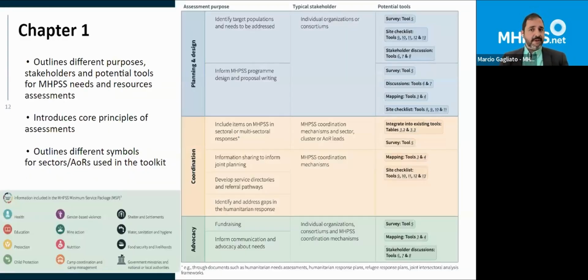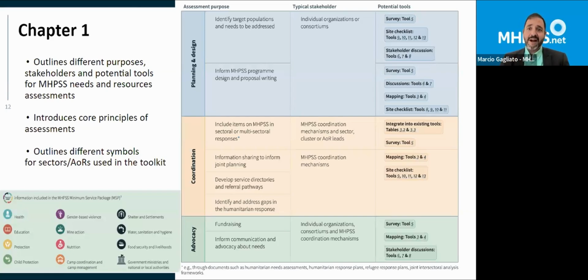So going to the first chapter is where we start presenting the background about the MHPSS needs assessment, the core principles of assessments, what assessments are, what they should not be, the different models that assessments can take, depending on the availability of time, the resources, and the scope of the assessment. Assessments that can be done very quickly